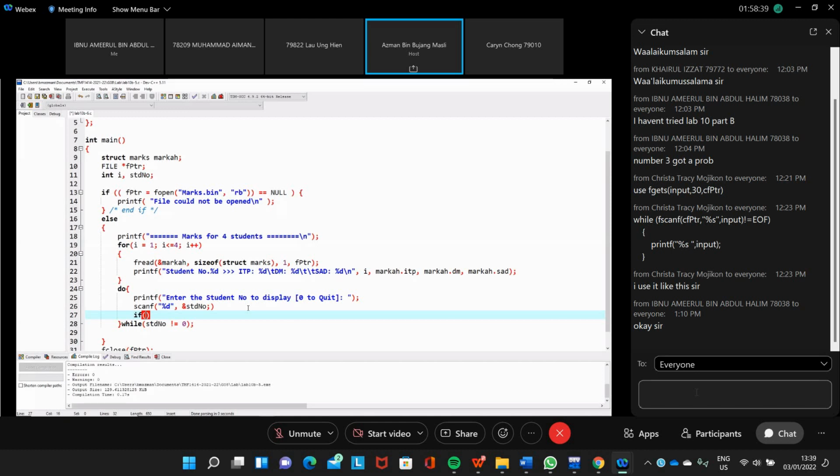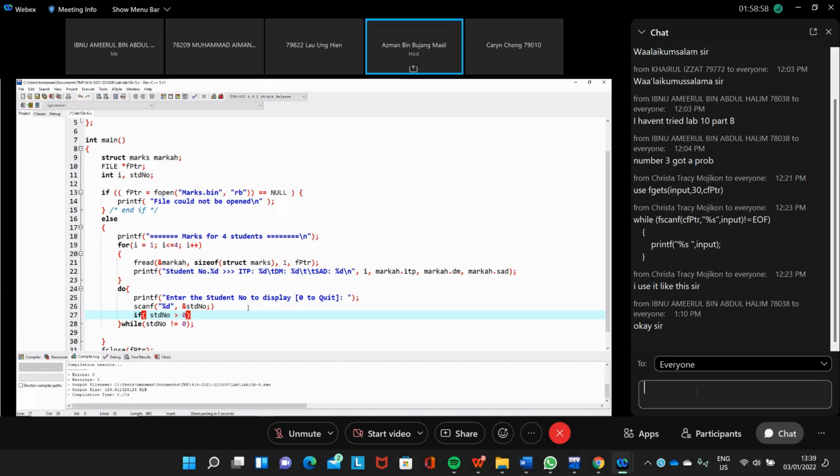Okay, while student number not equal to 0. So if student number greater than 0, then we do this.